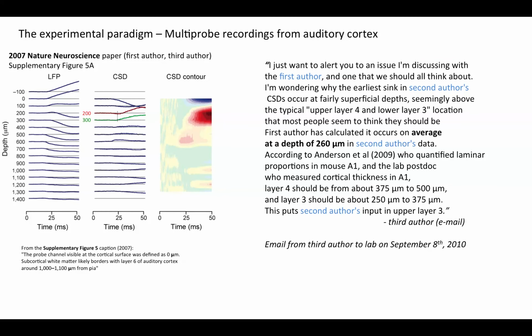And again, the experimental paradigm, these multiprobe recordings from auditory cortex. I think the most disturbing thing in all of this is that it seems the authors intentionally avoided a quantitative approach to representing their data. They knew that the analyzed sink was at a depth of 260 microns. They knew that they were only comparing 2 traces in layer 2/3. And it just seems to me that perhaps they were embarrassed by the fact that these traces were at a depth of 200 to 300 microns, and that they really had just compared layer 2/3 with layer 2/3 for years upon years, and were bashful and didn't want to admit that, and thus left the cortical depths off the quantitative y-axis.